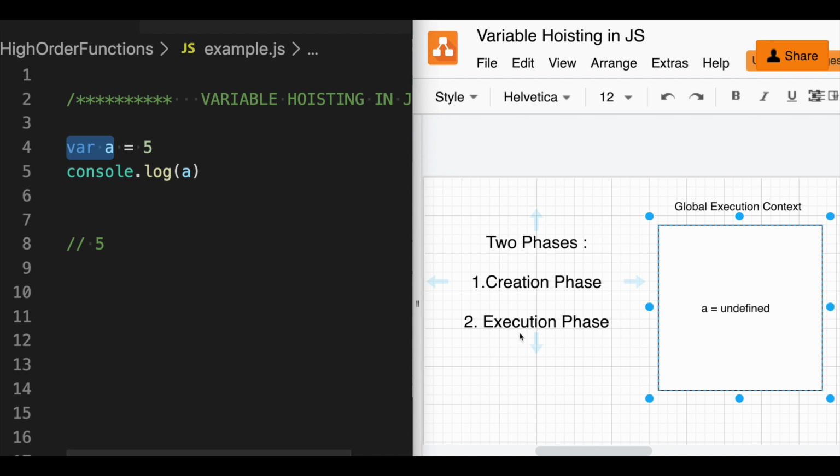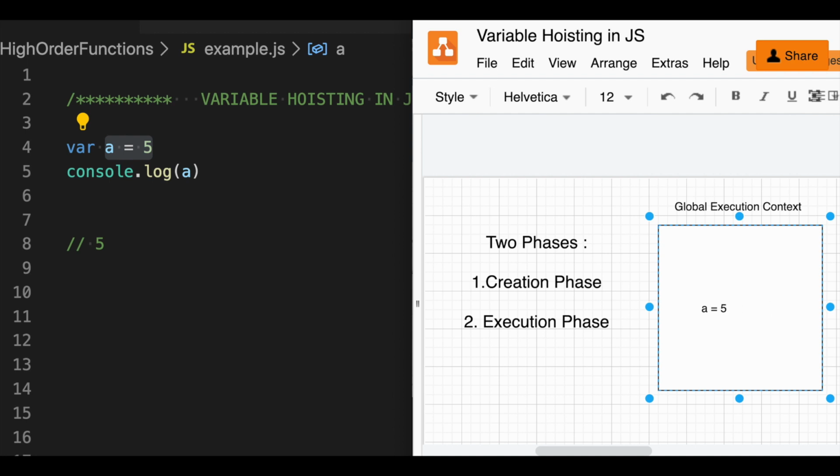Now starts the execution phase. In the execution phase, we deal with log statements, function calls, and variable assignments. Once the creation phase ends, JS goes to the first line and sees the variable assignment, which is part of execution. Now my variable gets the value 5.